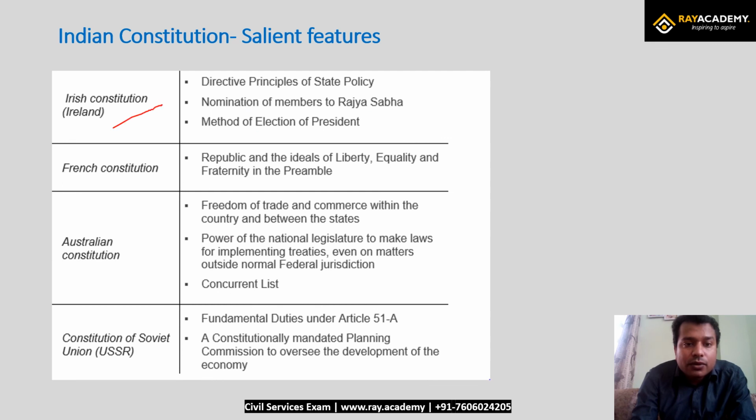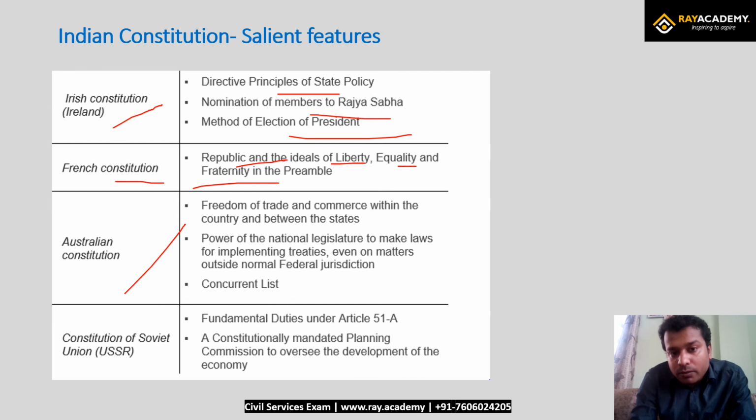From the Irish Constitution, from Ireland, we have sourced the directive principles of state policy, DPSP, nomination of members to the Rajya Sabha, and the method of election of the president. From the French Constitution we have referred the republic, and the ideals of liberty, equality, fraternity in the preamble. Remember the French Revolution. From the Australian Constitution we have referred freedom of trade and commerce within the country and between the states,